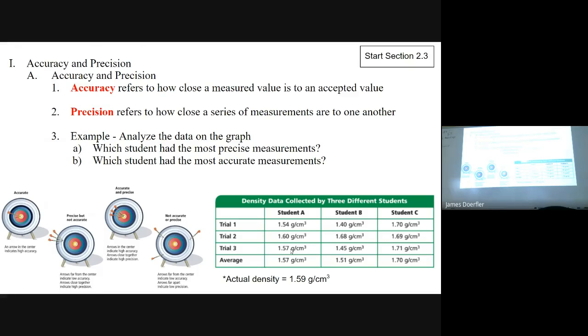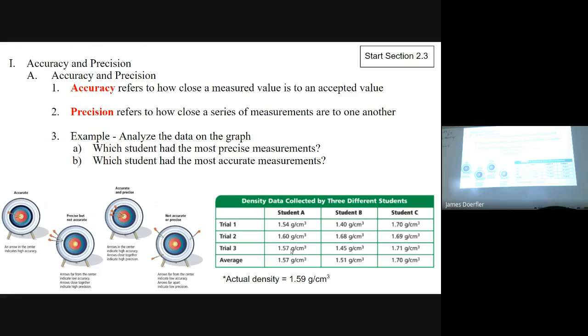So if we look at these 4 examples here, in this left one right here, we have a single arrow right smack dab into the center of that bullseye. We only have 1 arrow in this one right here in the bullseye, so we would say that that particular arrow was accurate. But now let's start shooting some more arrows at it, okay? This second target from the left has 3 arrows on it,